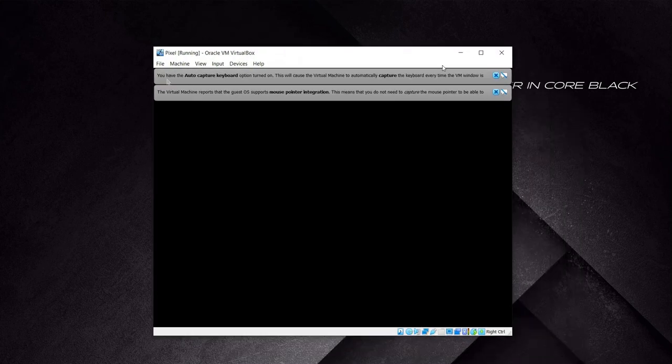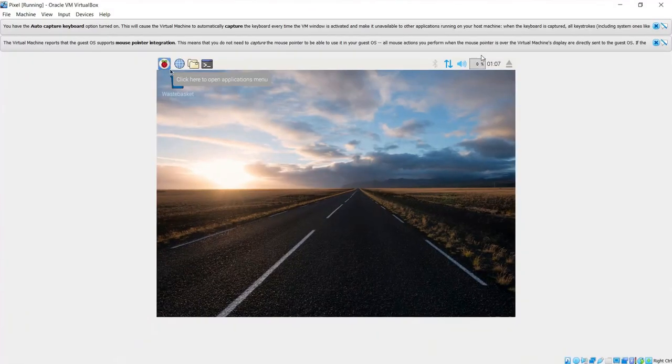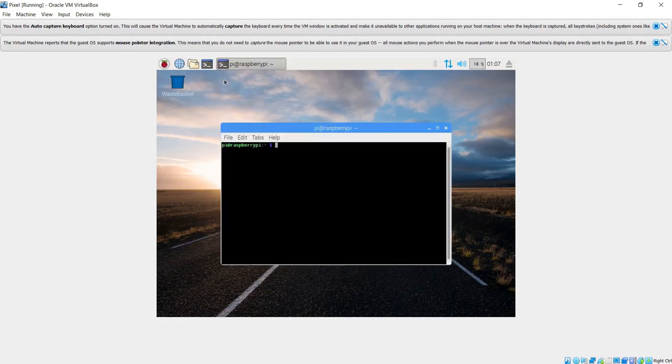Okay, the pixel is still running. Now this is the interface for the simulator. We want to set up the GPIO emulator by pressing the terminal icon, and then we will write in the terminal by typing wget